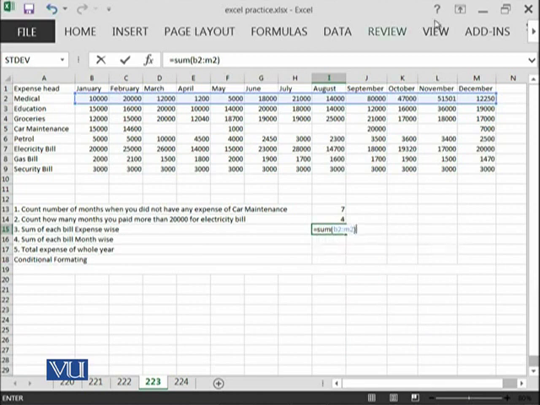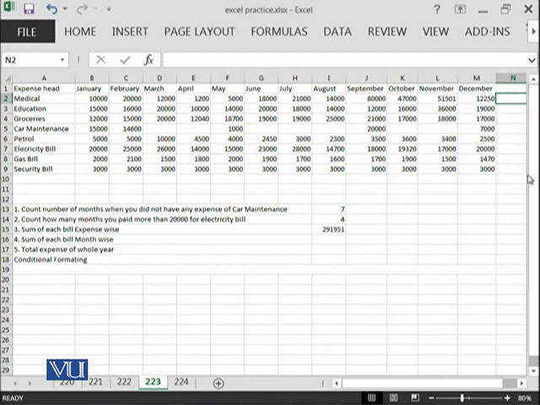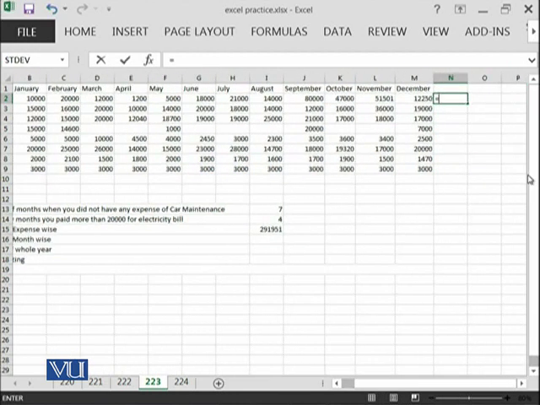So it's not necessary that you calculate things in the cell which is adjacent to that cell. You can calculate even over here as well, no problem. So for medical, we have paid in this year 291,951 rupees.